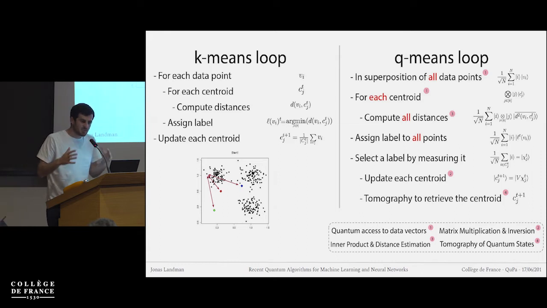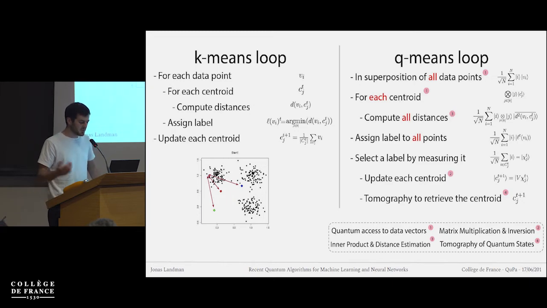But I try to keep coherence and not to destroy my quantum state during the computation. At the end, we have to perform tomography to retrieve the centroids, but remember that there is only k, or here, 3 centroids, and not all of them. And during this step, we use all these routines, such as quantum access to data, inner product and distance estimation,